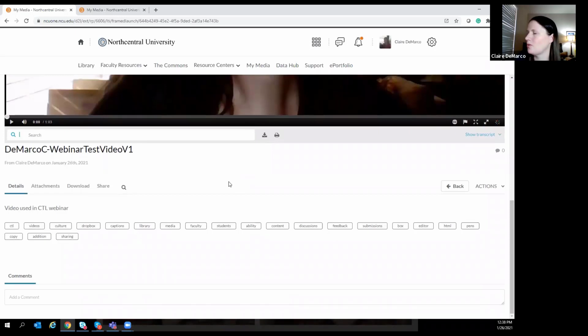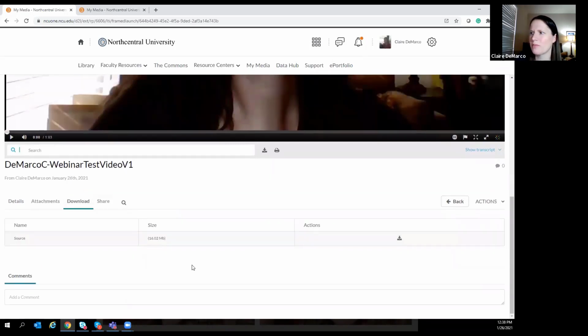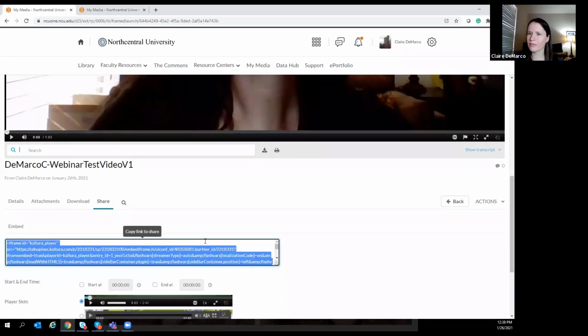Okay, so a couple of things when you click here. You can also get to the edit screen here under Actions. But I had mentioned the download option, which I think was the one that maybe you guys were struggling to do. But if it does work for you, this is where you're able to download a version. Now, 99% of the time,